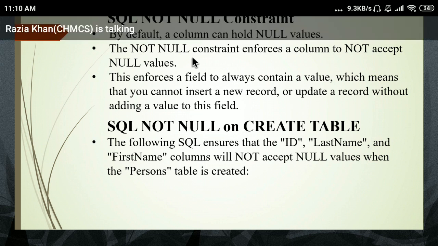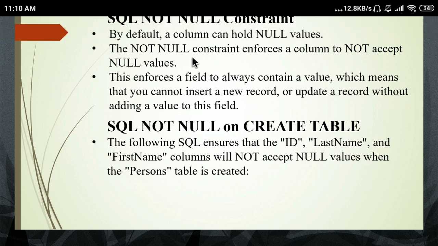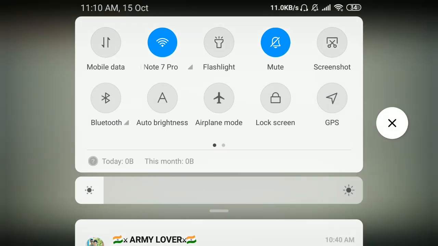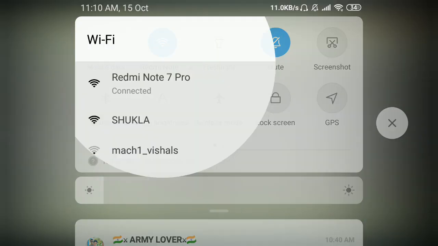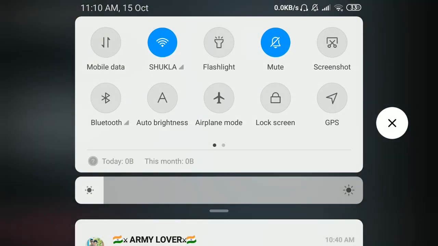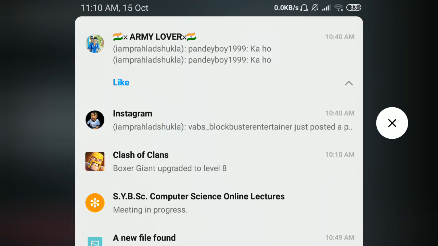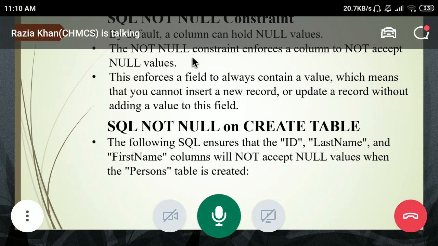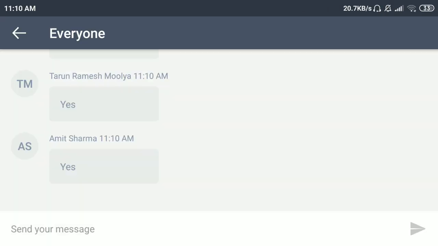It always forces the user that a particular column always contains some value. For example, if you apply the NOT NULL constraint on the ID column or name column, it will not allow you to insert a new value without inserting the previous value.